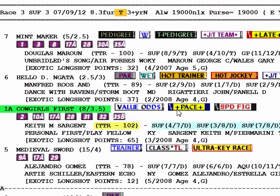So, we have a horse with an early and middle pace advantage. Okay? The next icon I see is Speed Figs. This horse has the best full card report speed figures. And yes, once again,